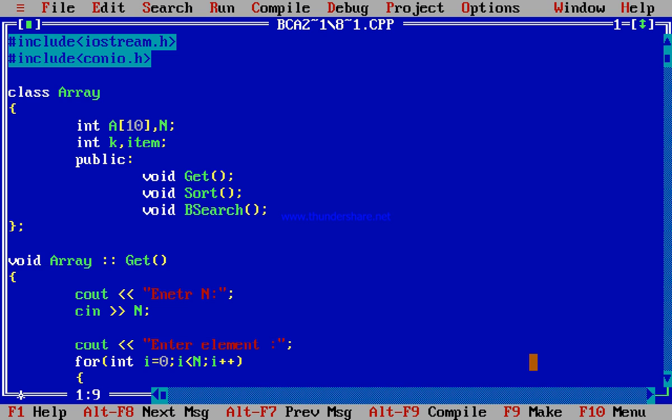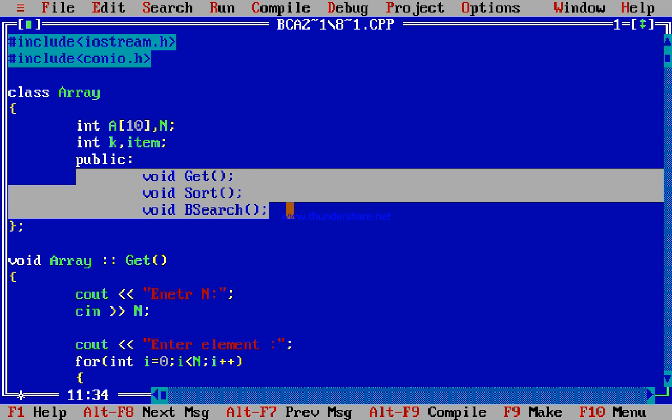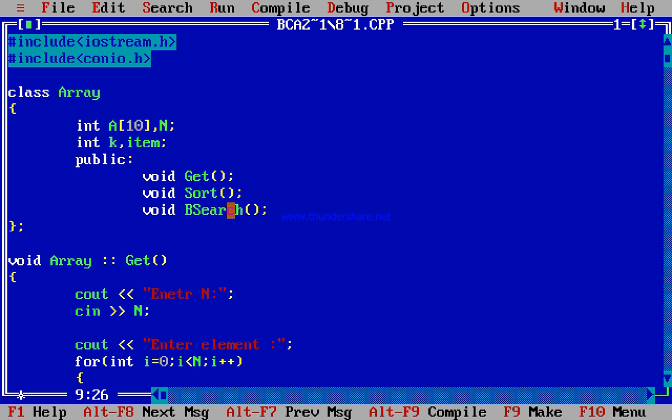In this program we declare a class, and in that class we declare the data member and the member functions. The member functions are get, sort and binary search.